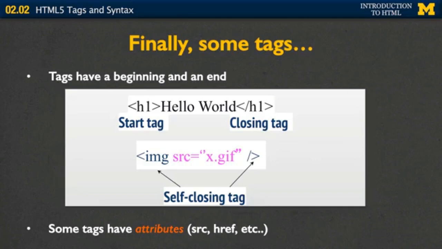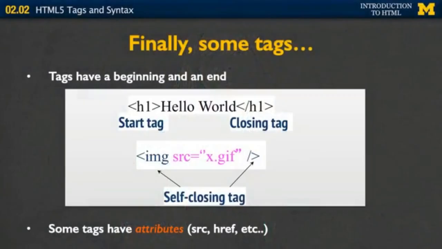My next tag, the image tag, is what's called a self-closing tag. There's only one tag, and it contains both the beginning and the end. In this case, as soon as the browser sees the image tag, it knows that you're going to give it information that it can use to create a picture. And since there's no real text associated with the image, at least at this point, or any that you want to show on the screen, it's going to close itself. So while every tag has a beginning and an end, some do close differently.